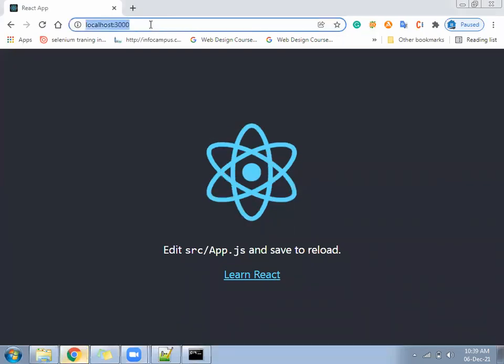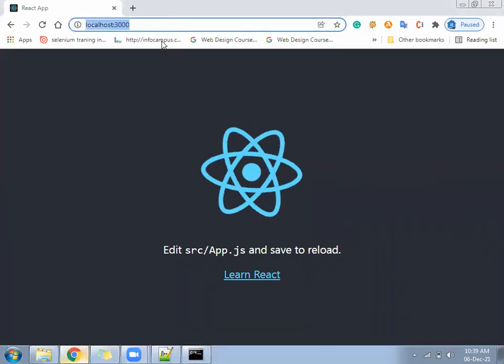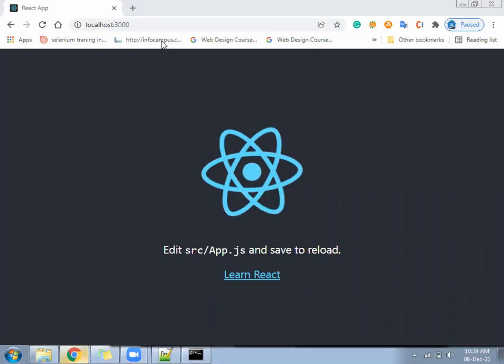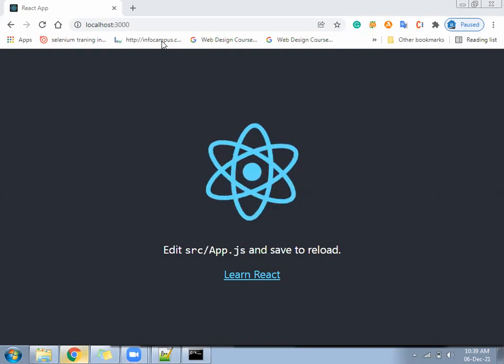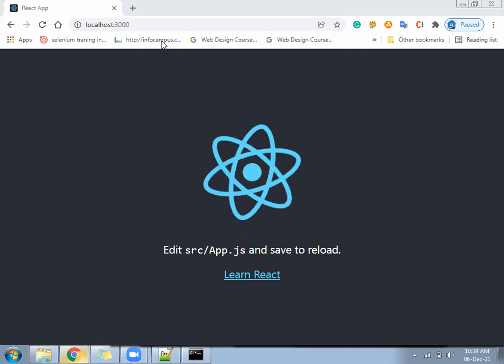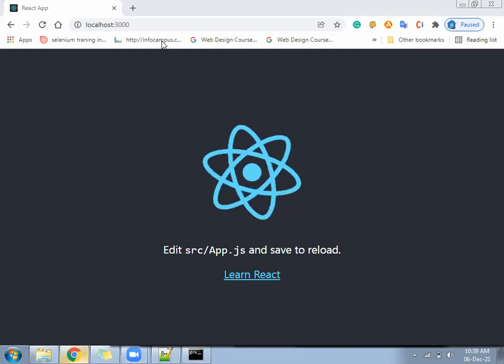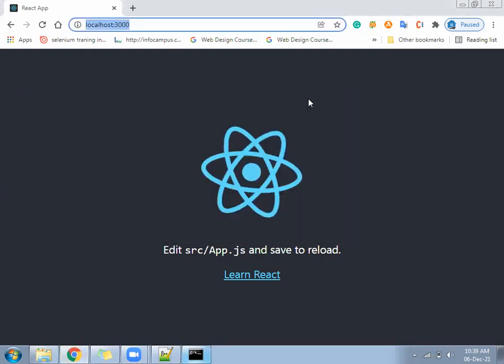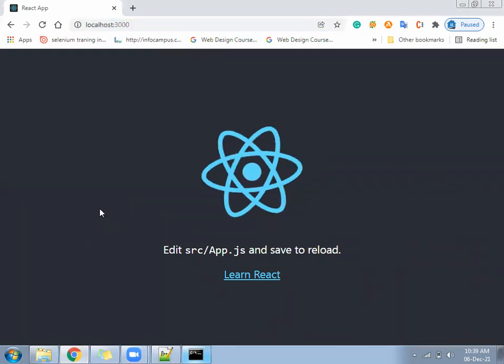If the browser is not opened, you can open the browser manually and go there and write localhost 3000. You will see, localhost colon 3000, and you can see like this. This is the default landing page of your React. After setting up the project, once you compile the project, whichever output comes, this is the default output.